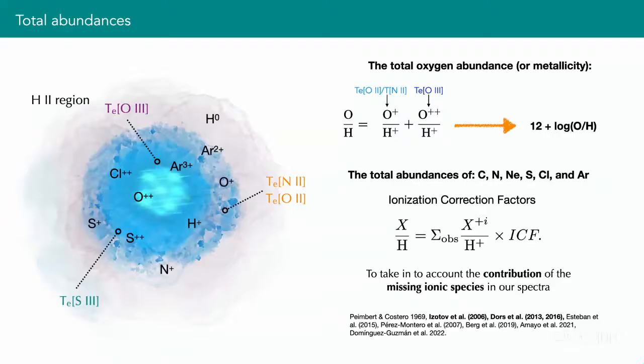But this is only for oxygen. For the other elements, carbon, nitrogen, and so on, it is not so simple. We need ionization correction factors. This means that we cannot observe all these ionization species in the optical. So one way to go is to have observations at multiple wavelengths, like in the UV or the infrared, like with MIRI, and we can complete these ionization states. But in case we don't have this information, we need ionization correction factors. This is another thing to do, but I will not be able to go into detail. But it is really very important to determine these total abundances.